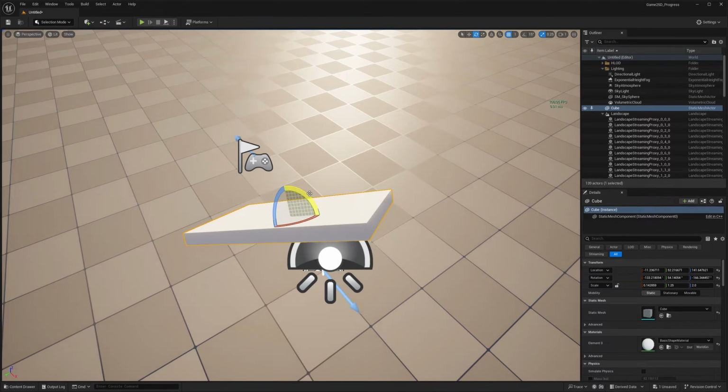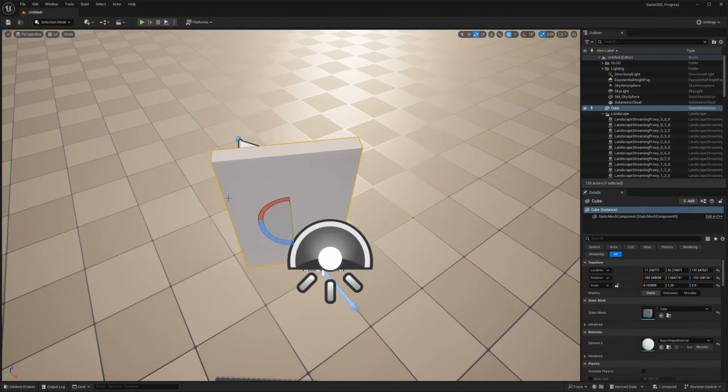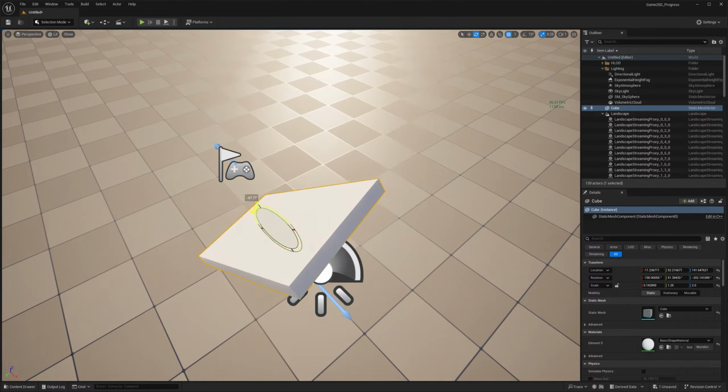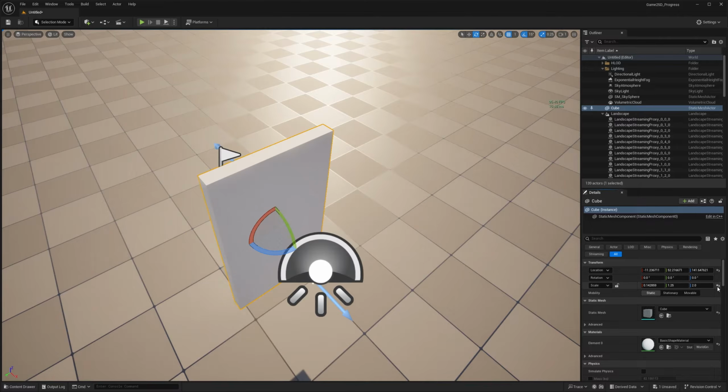I'm actually going to enable the local axis here so I can do some manipulations. So as you can see, that tool is essentially there to help you manipulate geometry in the viewport. You can do whatever you want. I am scared, so I'm just going to enable it back. I don't like that this has a bunch of decimal rotation values, so I'm just going to reset this too.